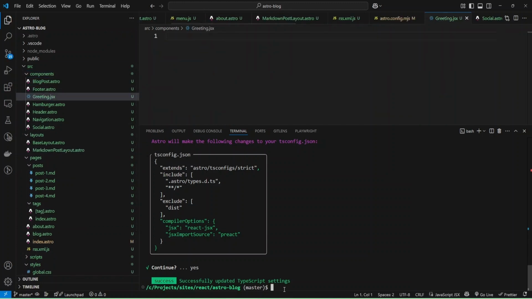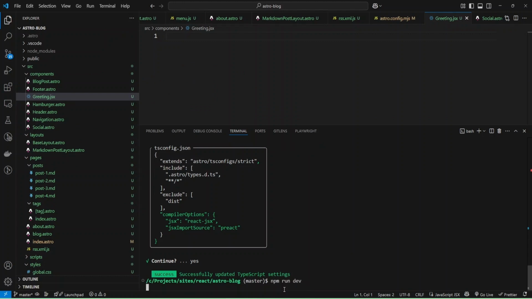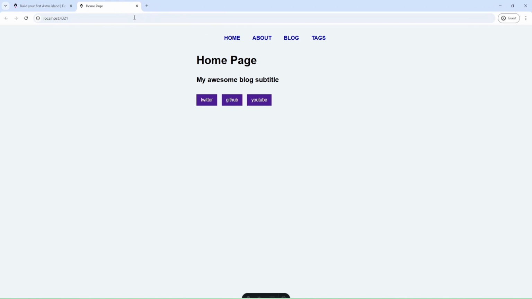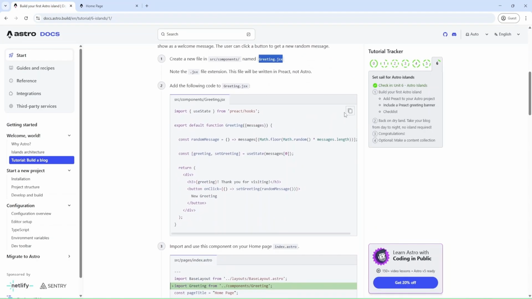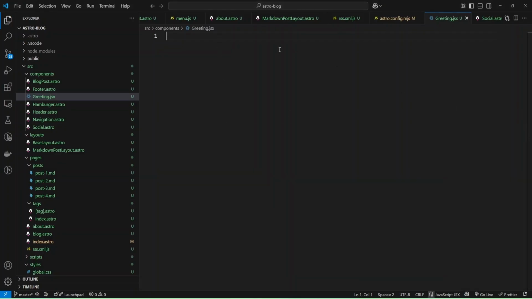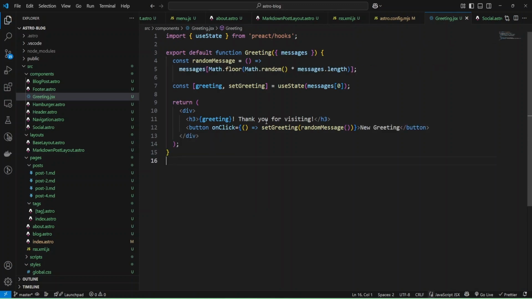Okay, and I need to restart dev server with command npm run dev, and we'll reopen it in browser. Okay, and close my previous, and we'll copy the code for greeting component. I can hide terminal and save my JSX component.